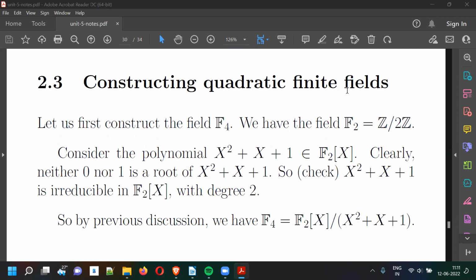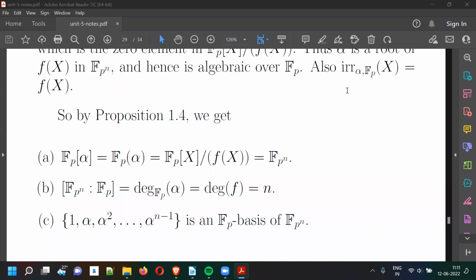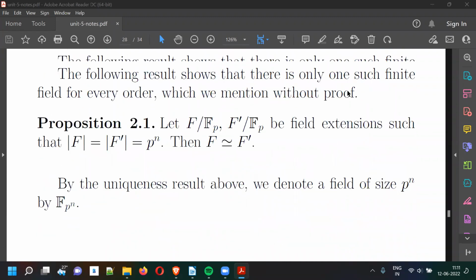So let us look at this final part about finite fields, which is constructing finite fields of quadratic size. So given any prime p, how do you construct finite fields of size p square? Okay, so as we had just seen before, if you want to construct a finite field of size p square,